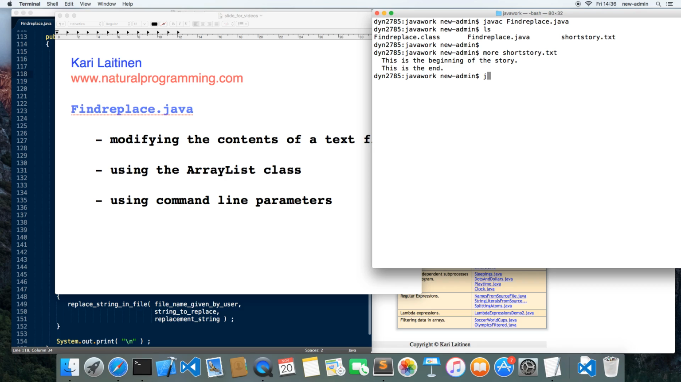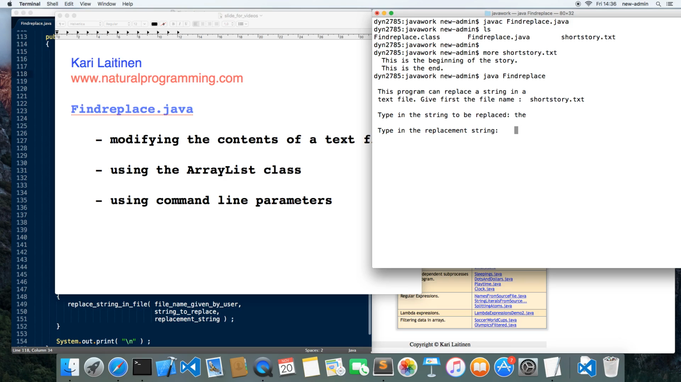So let's run the program. I'll now run the program. It first asks the file name. Well, I will give it to it. So this is the file name, and then it asks the string to be replaced. So I would like to replace the string the. So this will be replaced, and then the replacement string, and so let's just put there XXX, for instance. So now it should run,